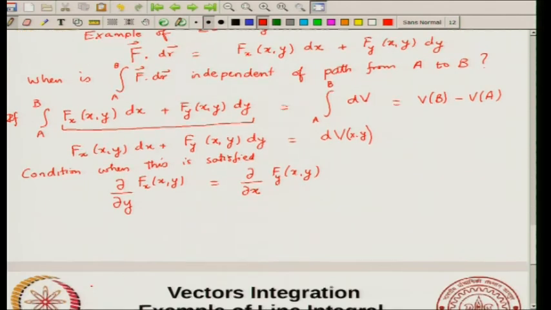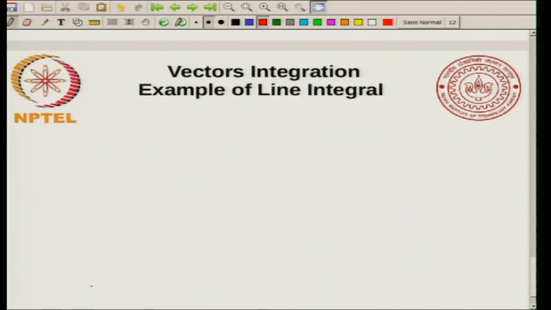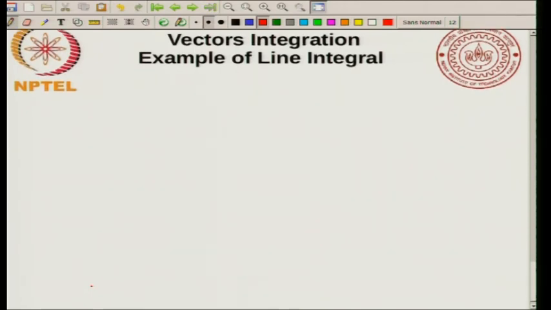So, let us quickly do one example of a line integral. Let us calculate the work done. So, if F of (x,y) is equal to 1 over (x squared plus y squared) i plus 1 over (x squared plus y squared) j, what is the work being done going from a point